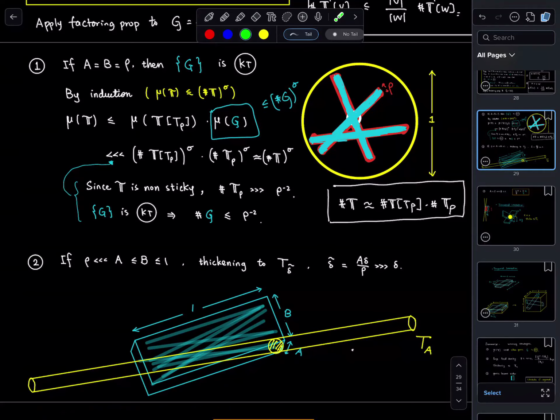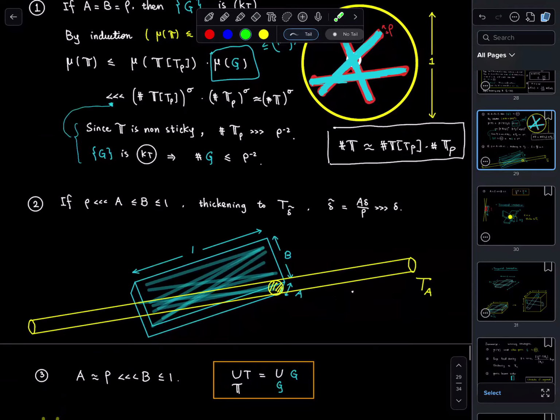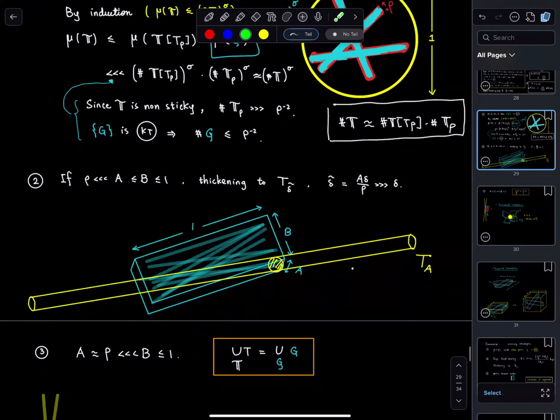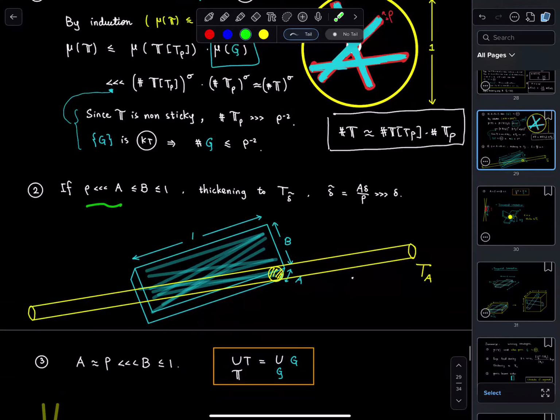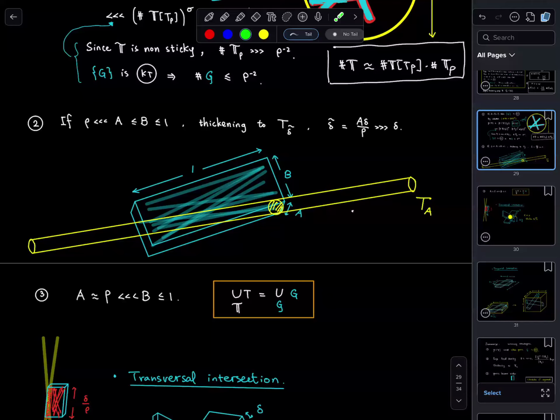Okay, so there are, of course, many other cases, and that's why the problem is difficult, and also why the induction is quite involved. Another case is when A is much larger than rho, so this is again our box. When A is much larger than rho, it means that the box is a lot thicker than a rho tube. So remember the theorem we want to prove, and that's also the intuition we have, is that